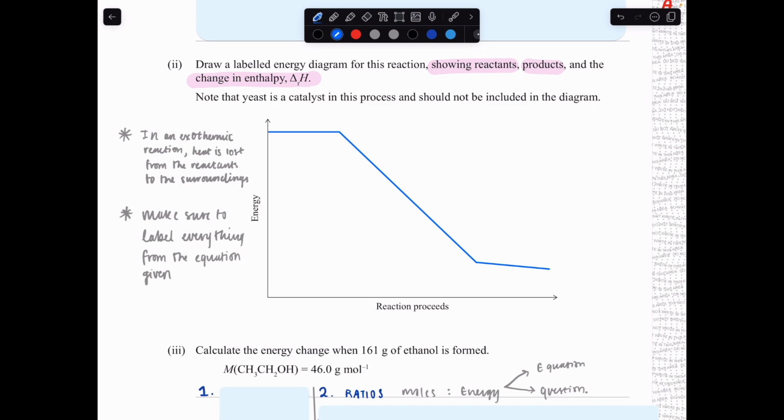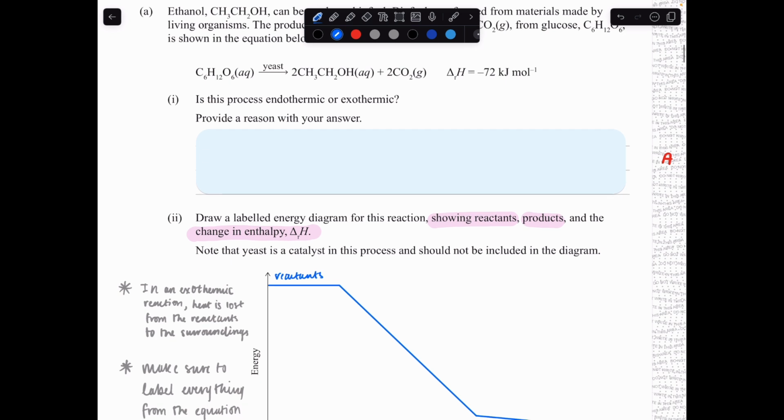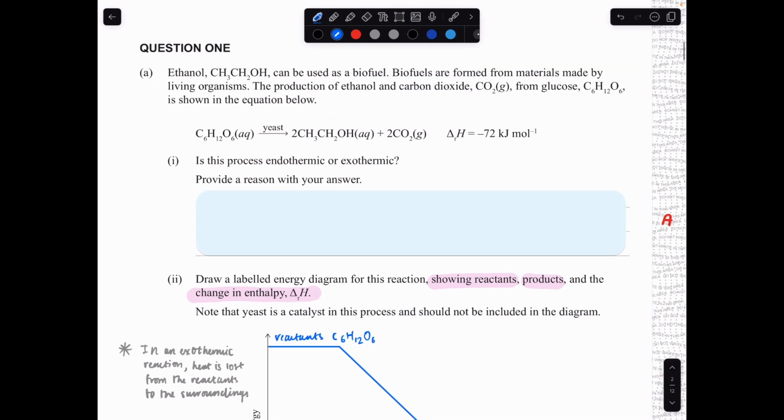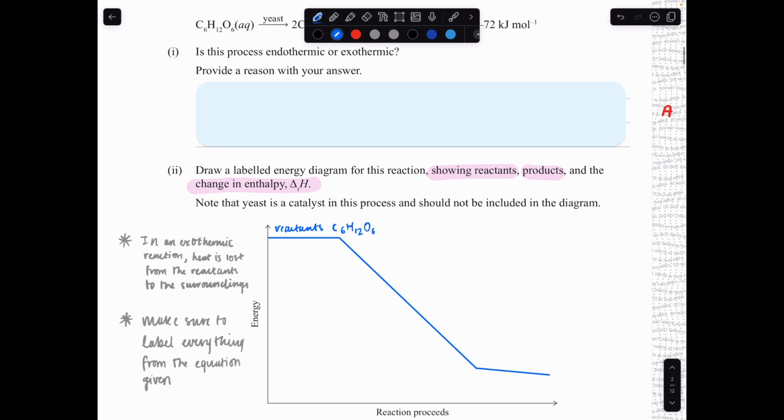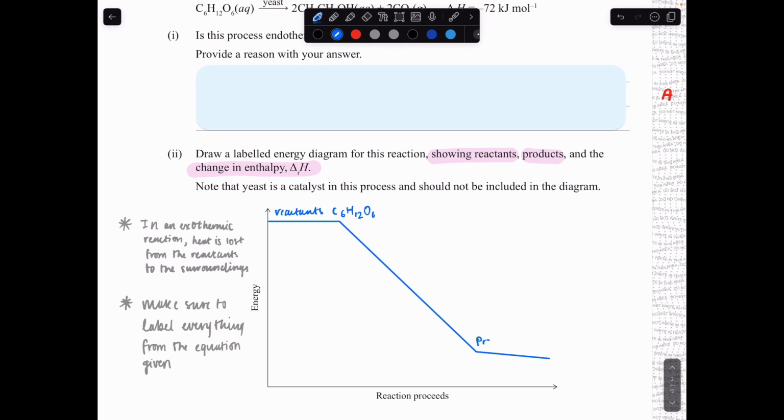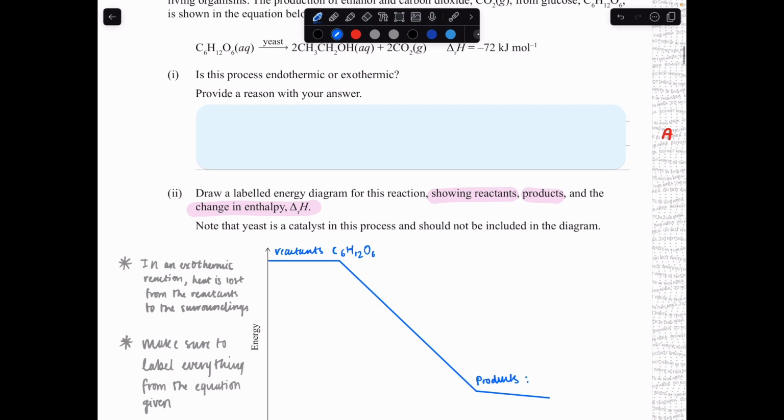So here's what I'm going to do. Reactants. Let's be specific. This is my reactant. Anything on the left side of the arrow are your reactants. Anything on the right side of your arrow are going to be products. So we've got products, which is